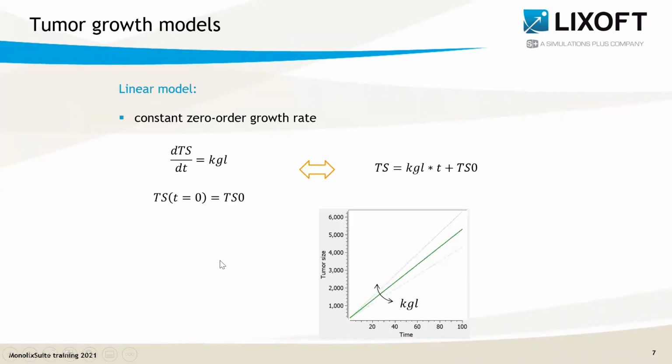So we'll start with the most simple model, the linear growth function, which assumes a constant zero-order growth rate, and that can be implemented as an ODE system here, or also as an analytical solution. For each model, I have drawn a figure of a simple simulation with typical parameter values, and we can see on this figure with lighter curves the impact that changing some parameters has on the prediction. Of course, here for the linear model, it is quite trivial. We have only one parameter, but this will help understanding the dynamics for more complex models. And all these figures, you can find them in the online documentation for the library.